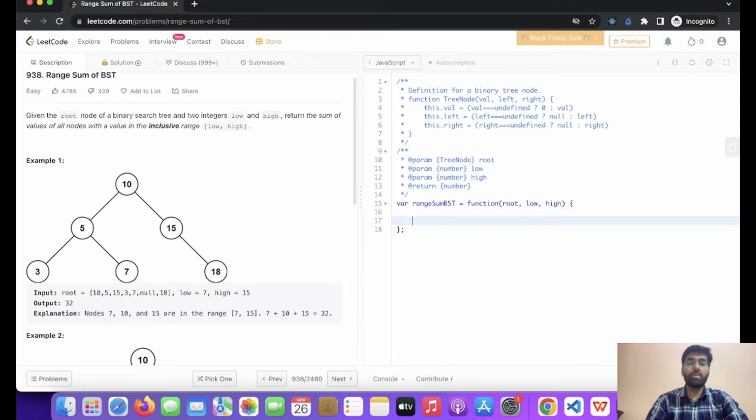So friends, the approach that we are going to use over here is a kind of pre-order traversal. So I have created this findSum that I will be calling over here, and I will be passing this root, low and high to it. Cool. And one more thing that we are going to do is create a sum variable and assign it to 0,